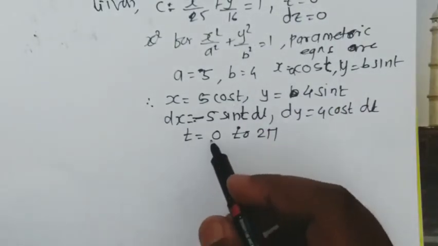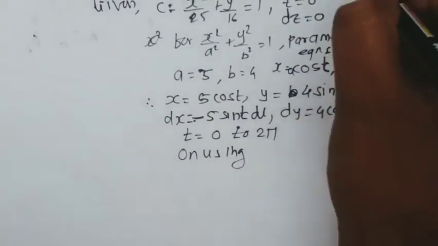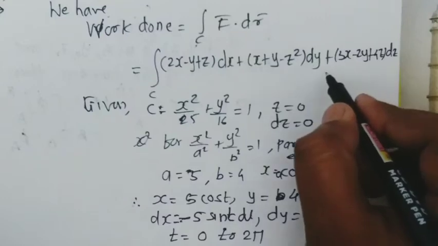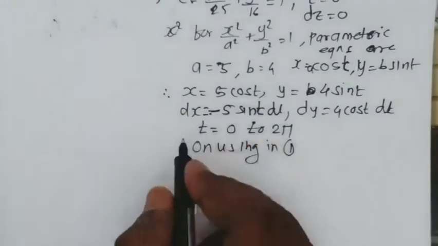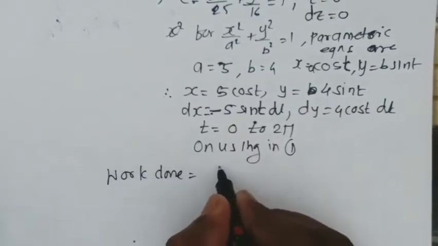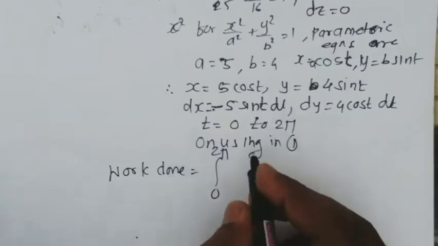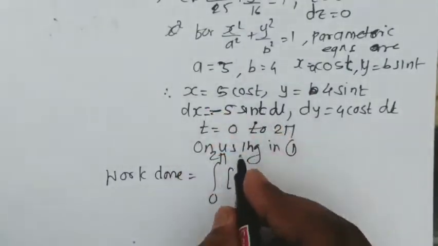dz is equal to 0. Only x and y we have transferred. So on using the above data in equation number 1, we'll get work done equal to the integral, 0 to 2 pi are the limits, of (2x plus y), z we are going to put 0, 2x, 2 into x, x is 5 cos t, so